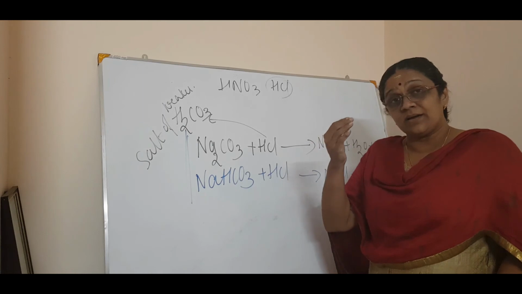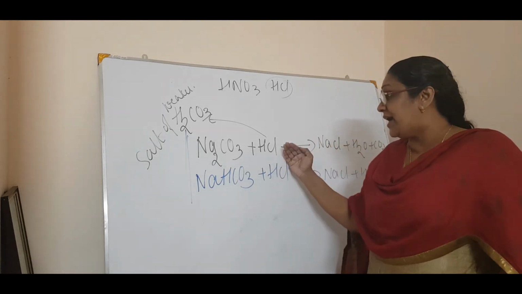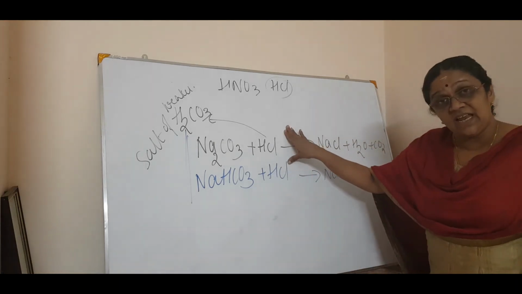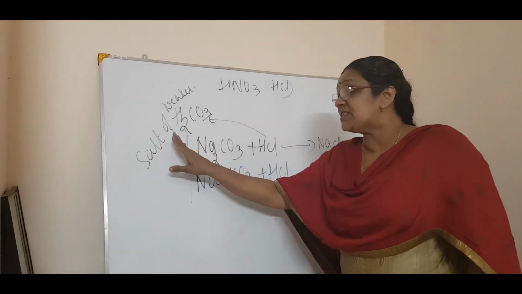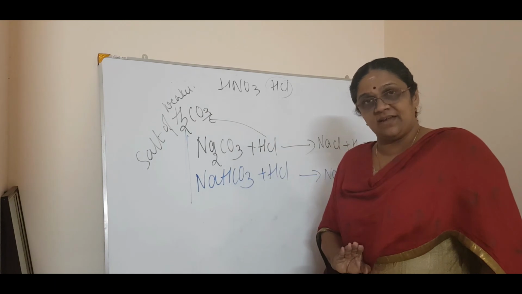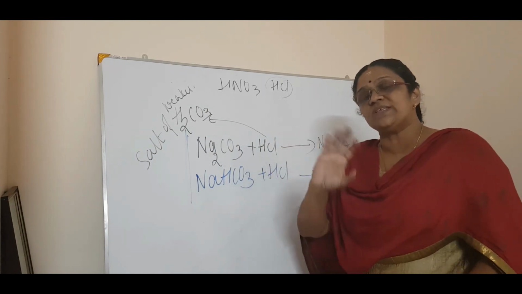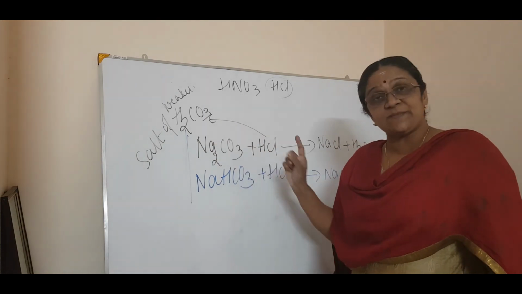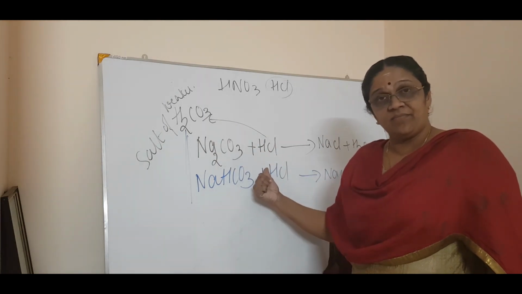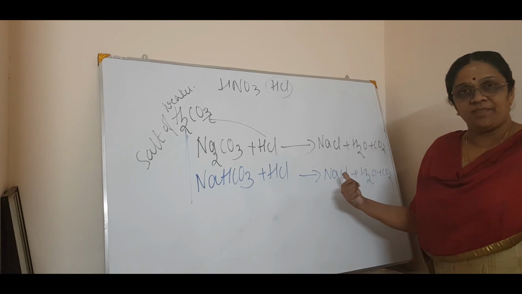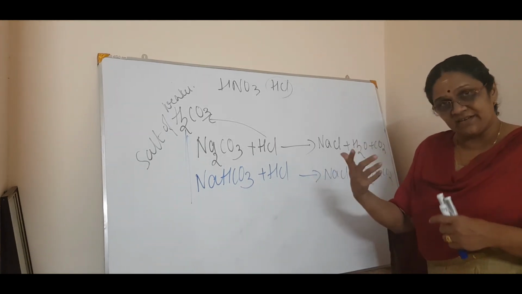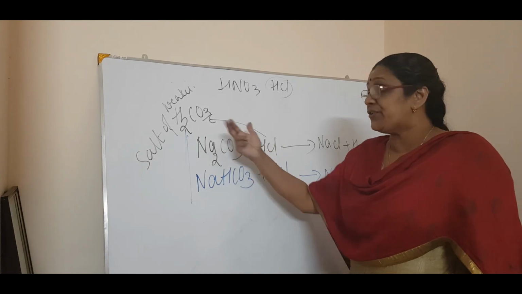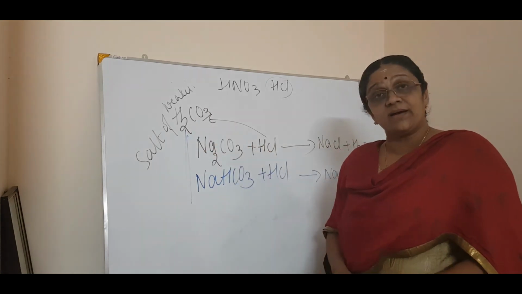Now you are keeping a little detail of the HCl property, which means that the property of HCl is to decompose the salt of a weaker acid. In that way you are studying. See the difference in how we study in higher classes. That is, decomposition can take place by HCl. The same reaction is happening. So that is how you take the reactions in higher classes. So HCl is used for the decomposition of the salt of weaker acids.